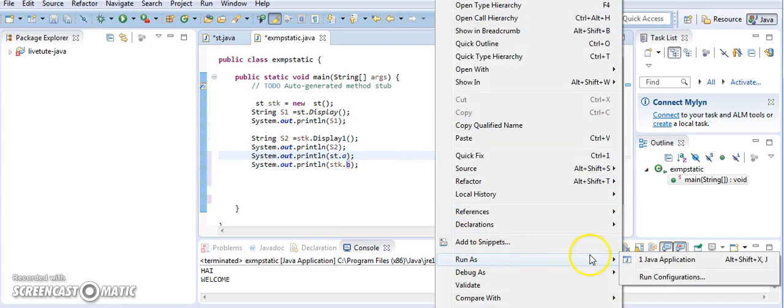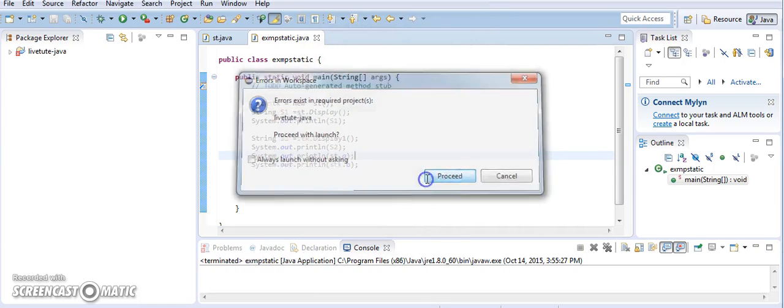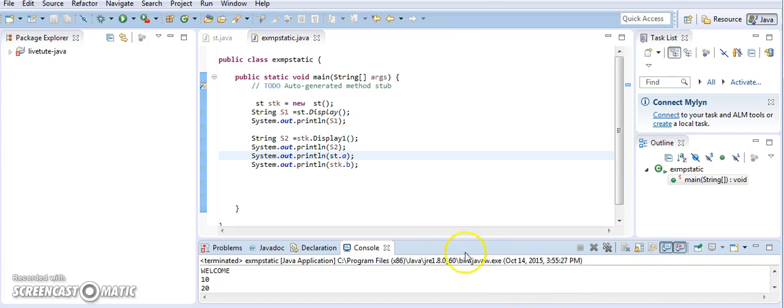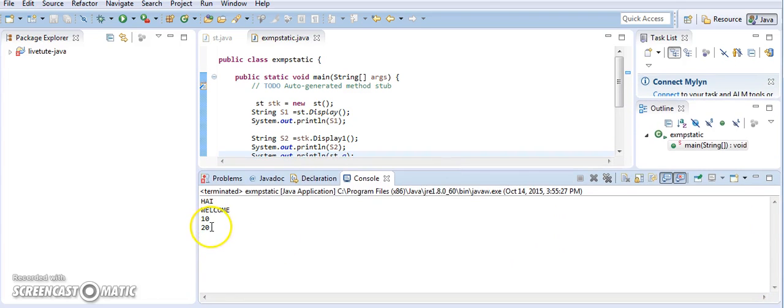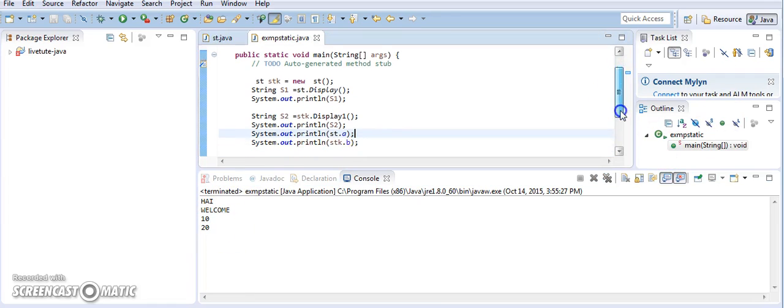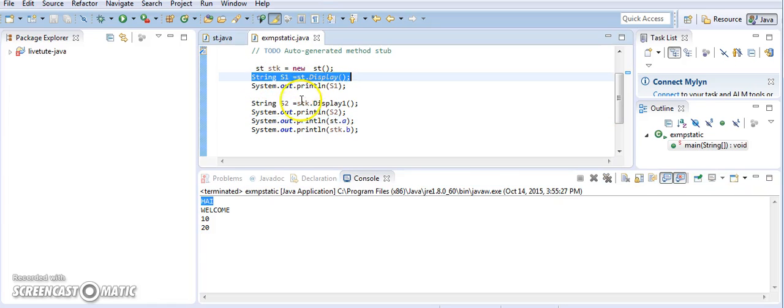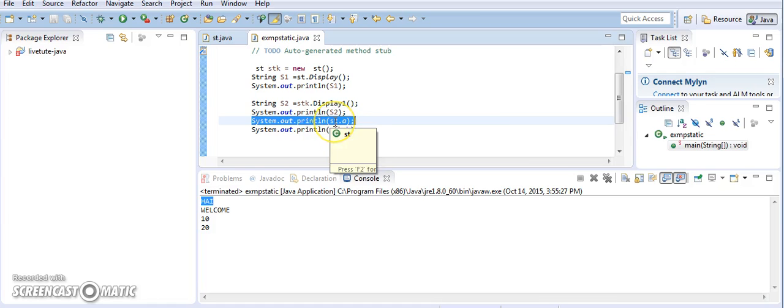Now if you just run this program, you can find, see, before that you have your text hi, welcome, and of course your 10 and 20, those two values have been printed. So the first value 10 and the first text hi, both are printed statically. So for the first function, which is display, you have not used any object of your class. You can observe this, as well as for the variable print A also, you have not used any